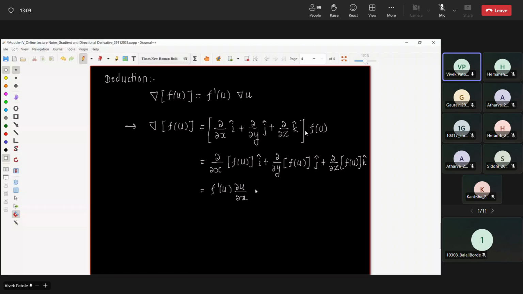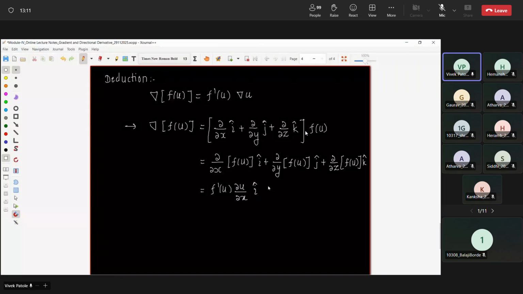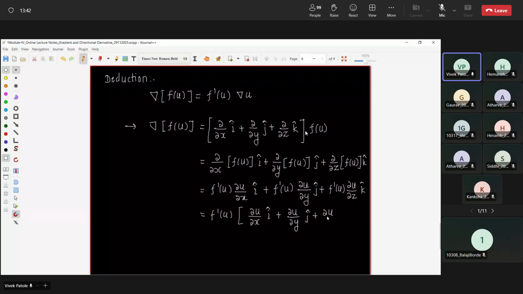∂u/∂x, composite function, i cap plus with respect to y also, it will be f dash of u into ∂u/∂y j cap plus f dash of u into ∂u/∂z k cap. Okay, f dash of u is common. Take it outside. So in the bracket we are remaining with ∂u/∂x i cap plus ∂u/∂y j cap plus ∂u/∂z k cap. Okay,